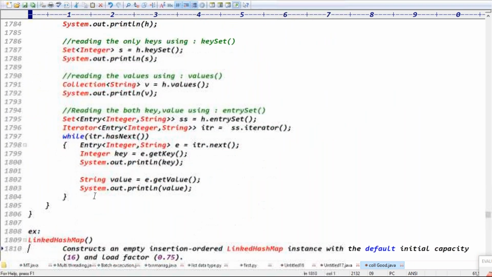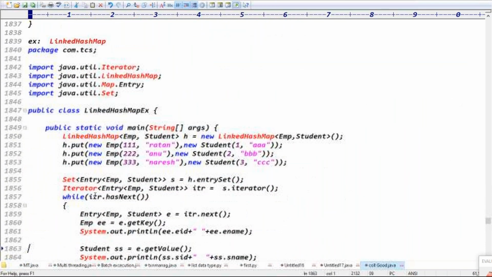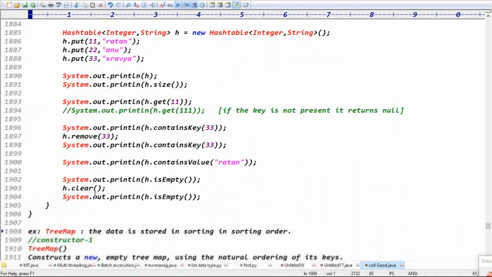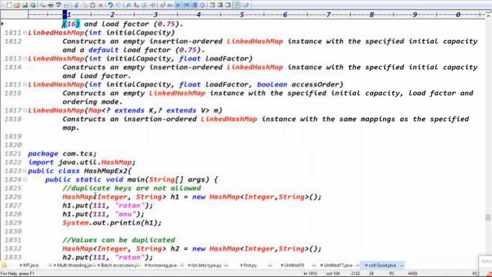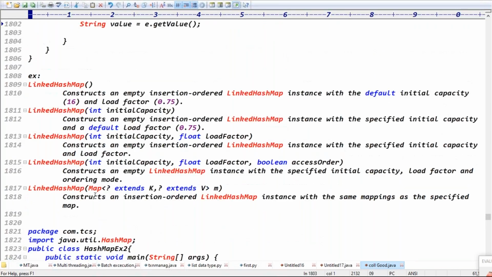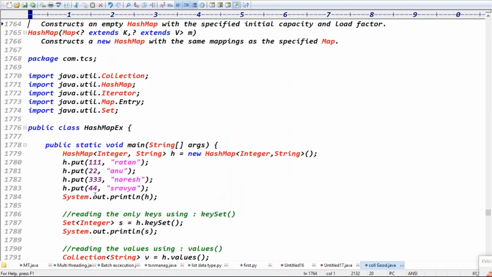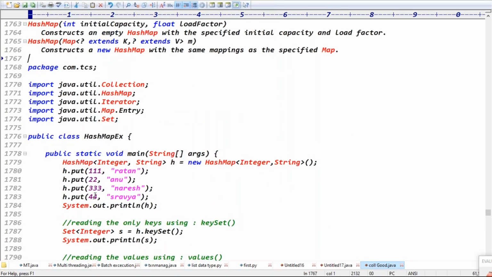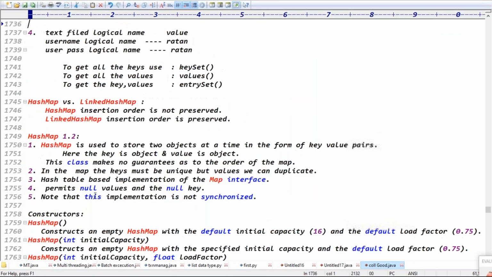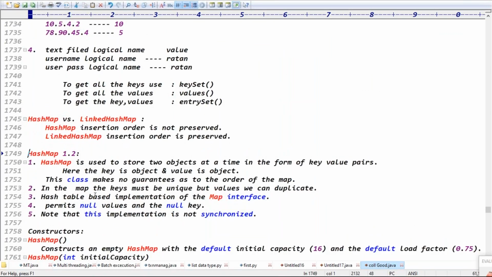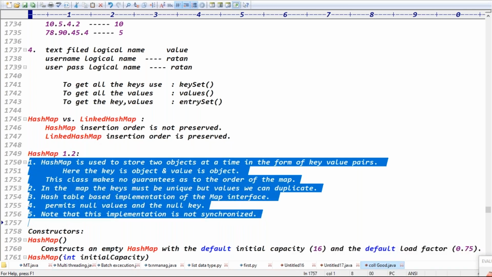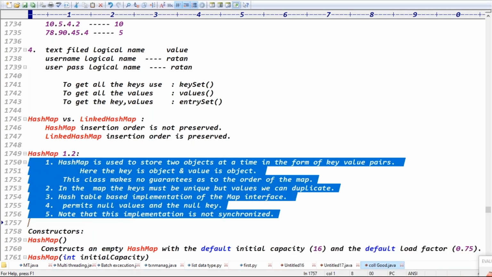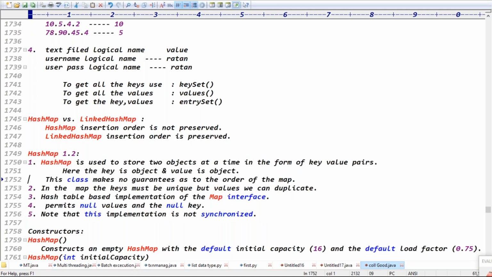Actually, for me, in regular live classes the map would take only one day, all about the key value pairs, right? But I have to copy some theory and all. Okay, fine, guys, listen. Because everyone will see this recorded session, then they'll think like Ratan sir's live classes are blah blah.